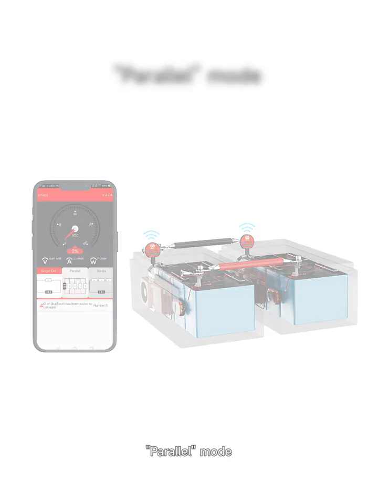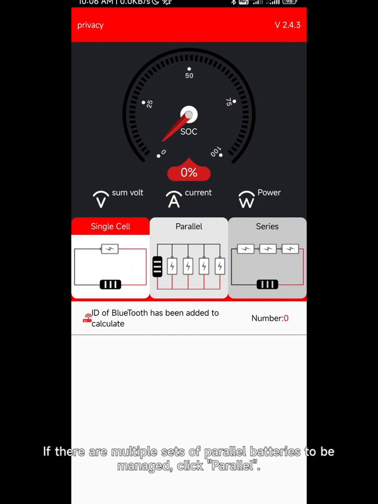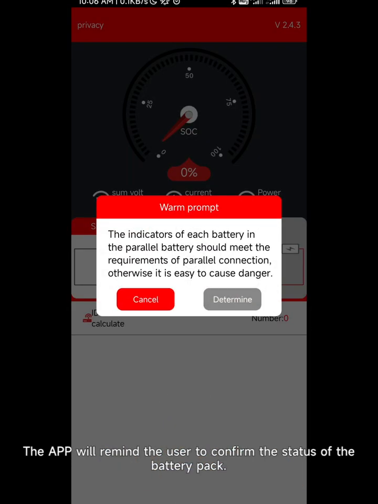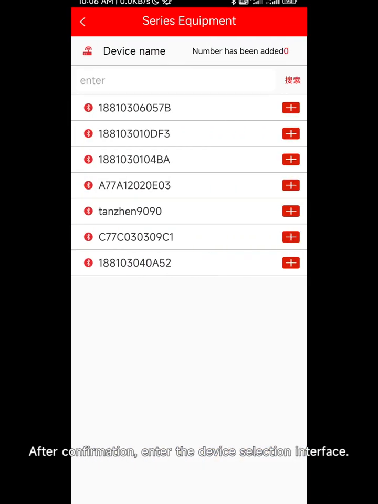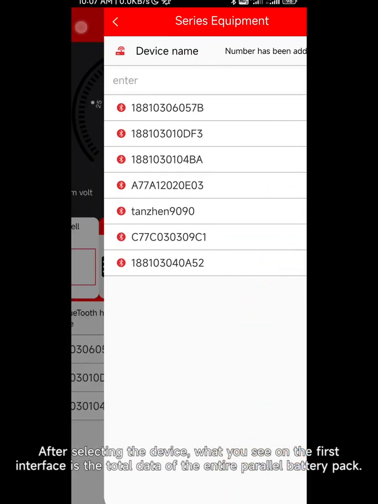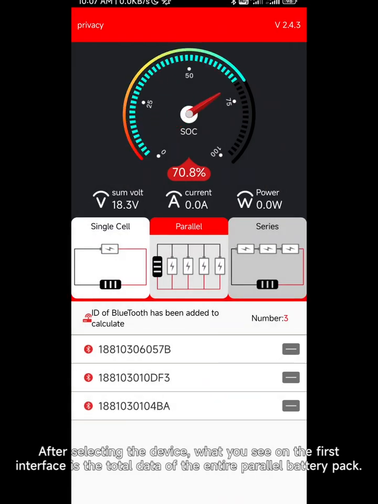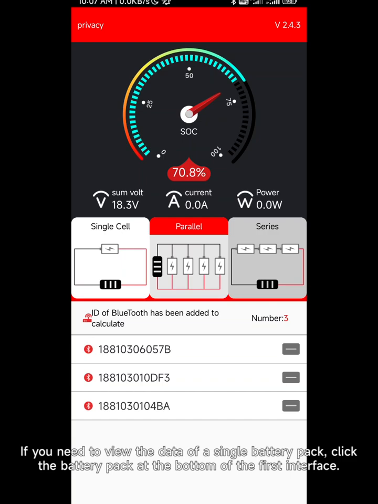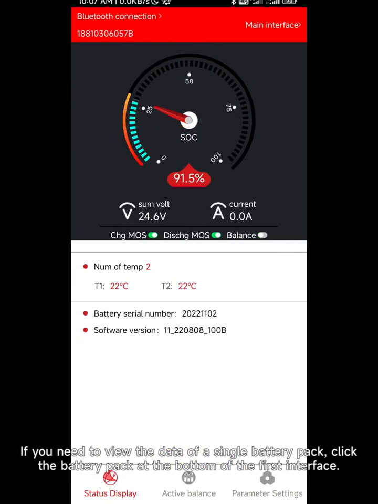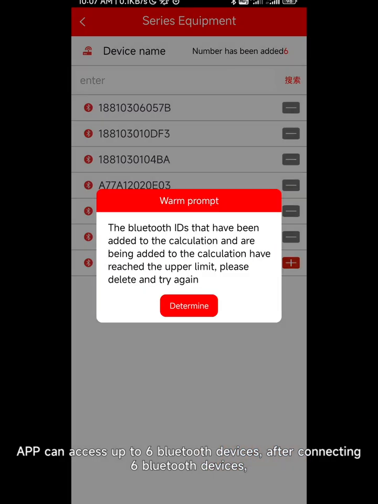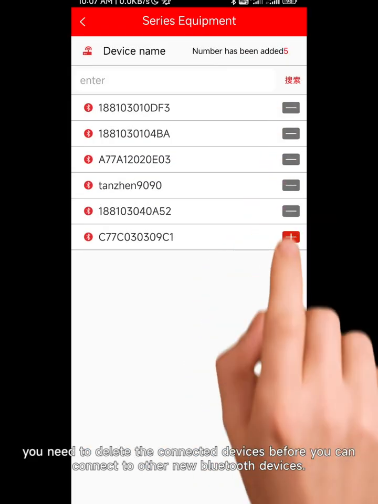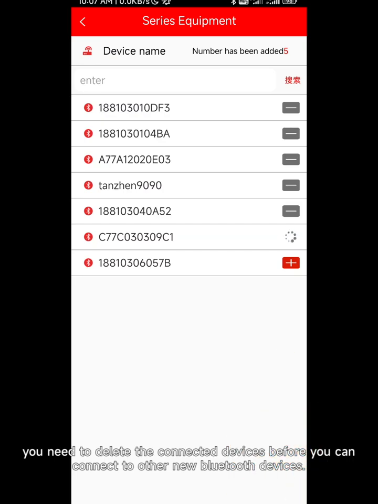Parallel mode. If there are multiple sets of parallel batteries to be managed, click Parallel. The app will remind the user to confirm the status of the battery pack. After confirmation, enter the device selection interface. After selecting the device, what you see on the first interface is the total data of the entire parallel battery pack. If you need to view the data of a single battery pack, click the battery pack at the bottom of the first interface. The app can access up to 6 Bluetooth devices. After connecting 6 Bluetooth devices, you need to delete the connected devices before you can connect to other new Bluetooth